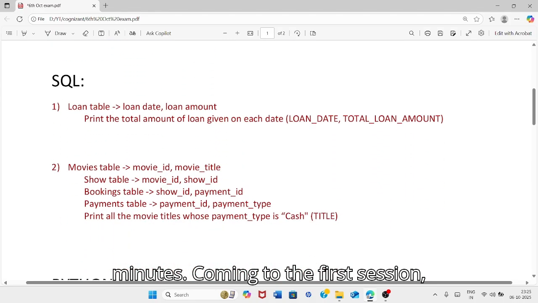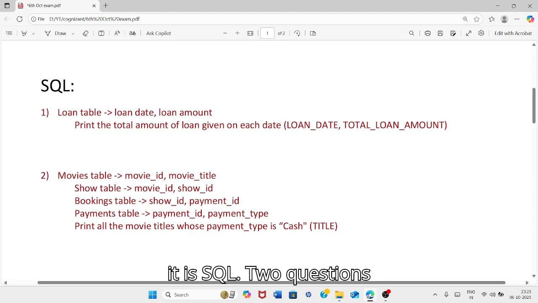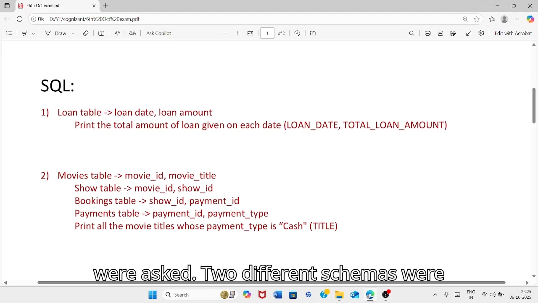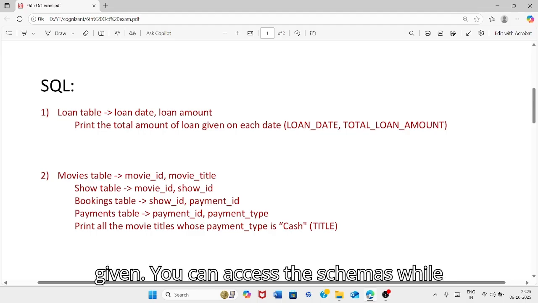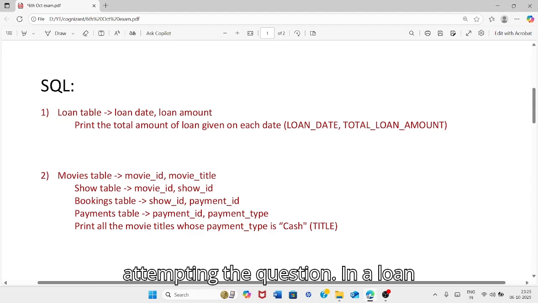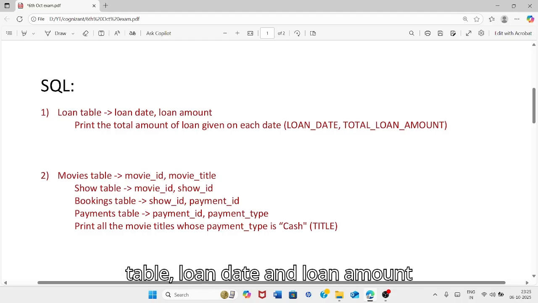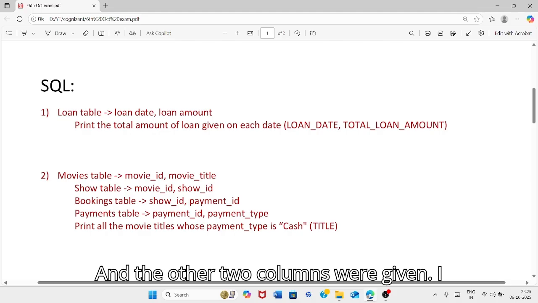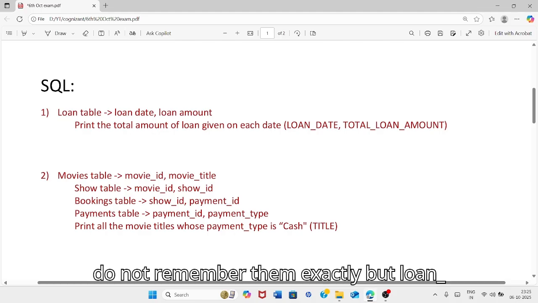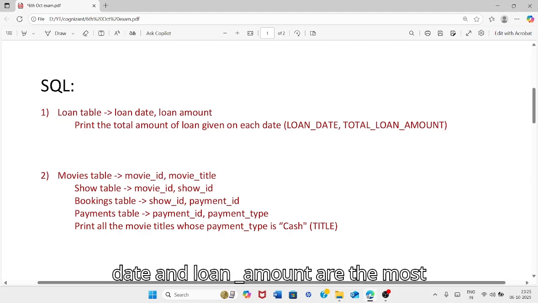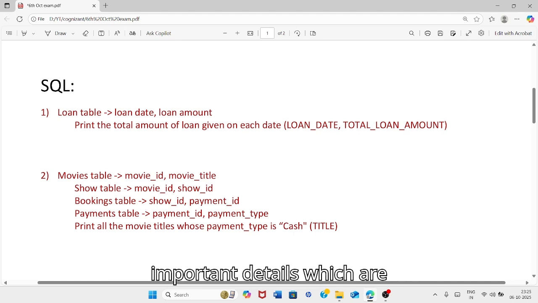Coming to the first session, it is SQL. 2 questions were asked, 2 different schemas were given. You can access the schemas while attempting the question. In a loan table, loan date and loan amount, and two other details were given. I do not remember them exactly, but loan date and loan amount are the most important details required